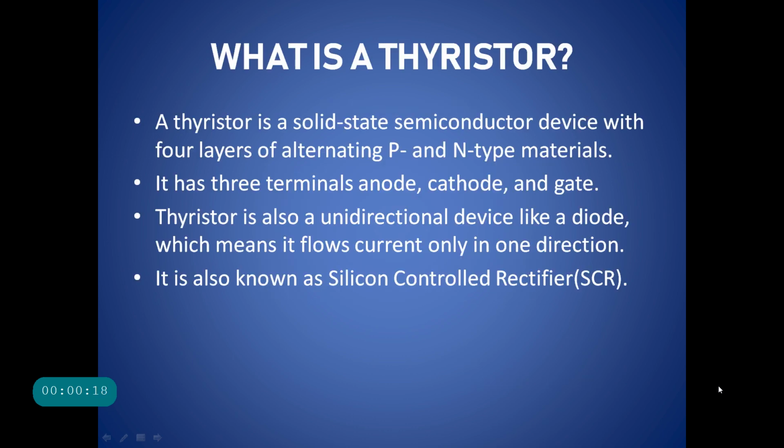A thyristor is a solid-state semiconductor device with four layers of alternating p and n-type materials. It has three terminals that are named anode, cathode, and gate. A thyristor is also unidirectional, just like a diode, which means that it allows the flow of current in only